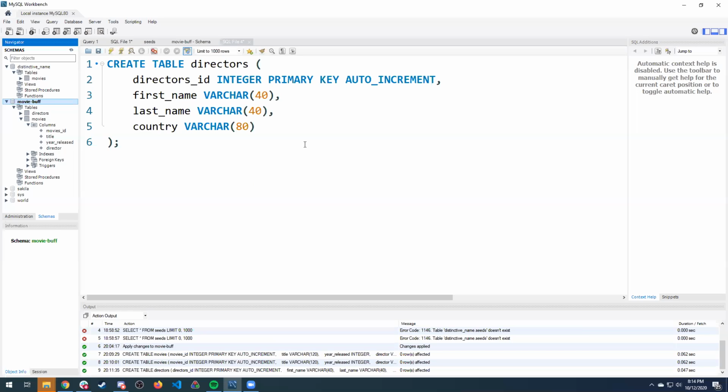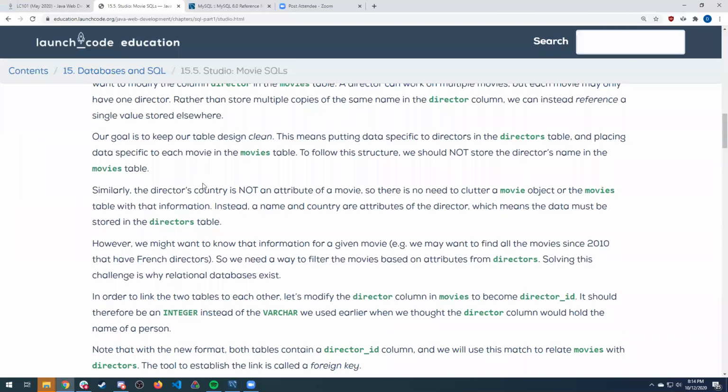And so we would say that this is a one-to-many relationship. That is how we classify those relationships. One director can direct many movies, one to many. So one row in the director's table may be linked to multiple times in the movies table for every movie that director has directed. And so in order to reflect this relationship, we need to